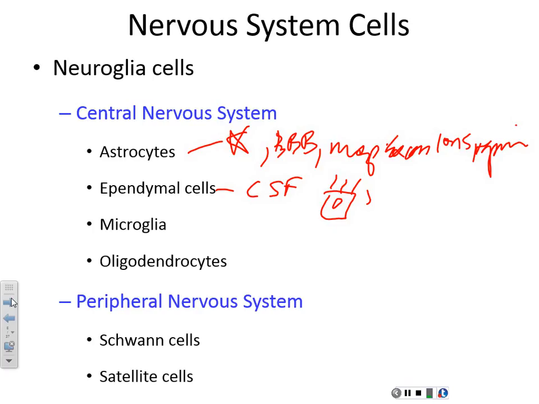potentials, and we all know what action potentials involve: movement of ions across the membrane. So cerebrospinal fluid provides all those special ions, sodium, potassium, things like that. Okay? And then neuroglia, we said they are the